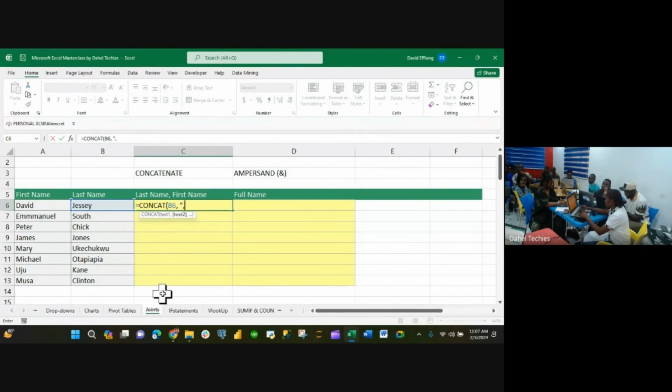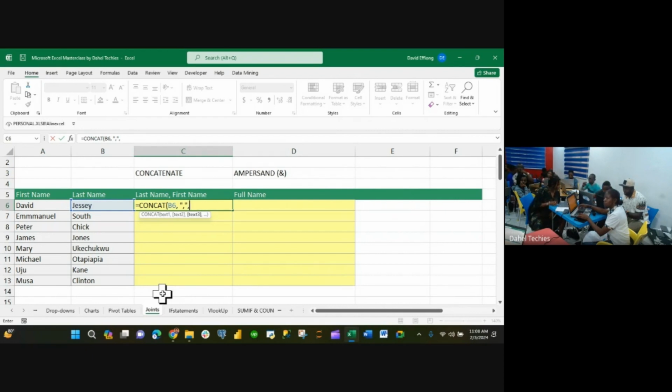Comma. Double quote. I had explained this, treated as a character. I had explained this in my first class. There is no space between that first comma and that double quote. Double quote again. If you put a space before the comma, you will see last name, space, and comma. Right?